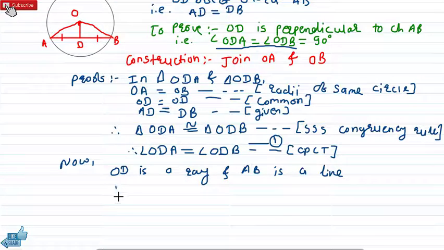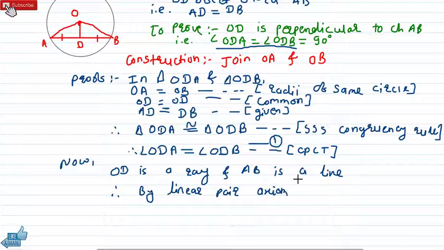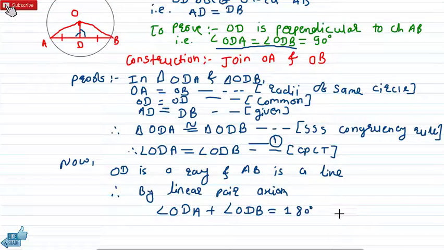Therefore, by linear pair axiom. So what is the linear pair axiom? The linear pair axiom tells us that the linear pair, that is angle ODA, this angle 1, plus angle ODB, this one, the sum of these two angles is equal to 180 degrees. This is our linear pair axiom. See, by linear pair axiom,